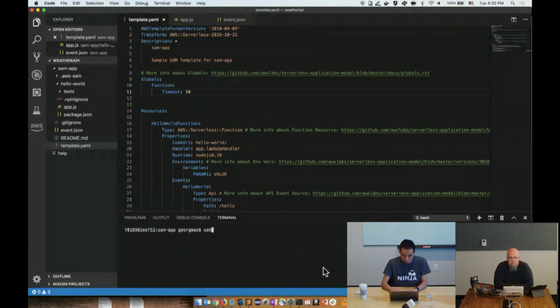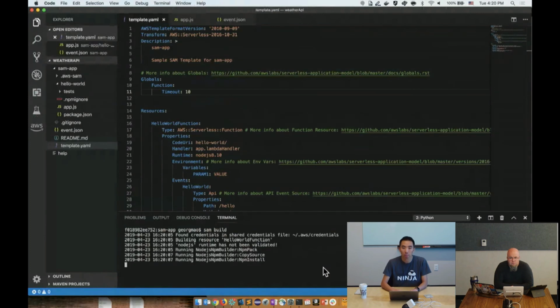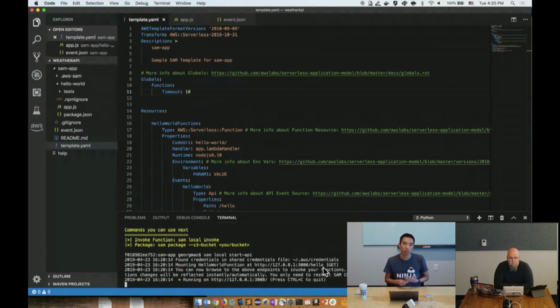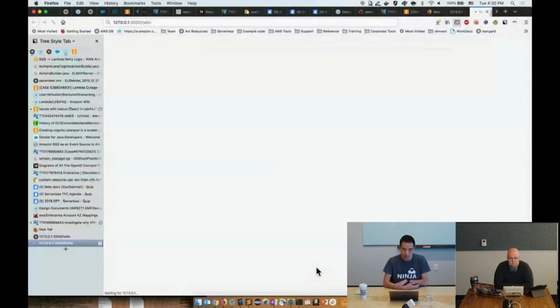So to rerun this, I need to do a SAM build again, and then a SAM local start API. This gives my function a little more time to run, and gives the timeout a little bit of extra time to perform the actual request. Same thing here, I'm going to click on the hosted hello world path, and this time we should see an IP address come back, which is an execution from my browser invoking an HTTP GET request against my Lambda